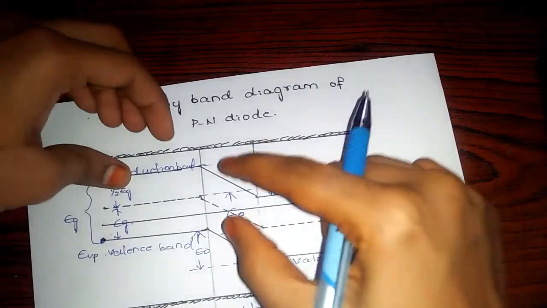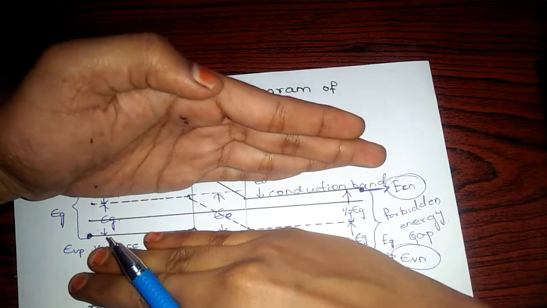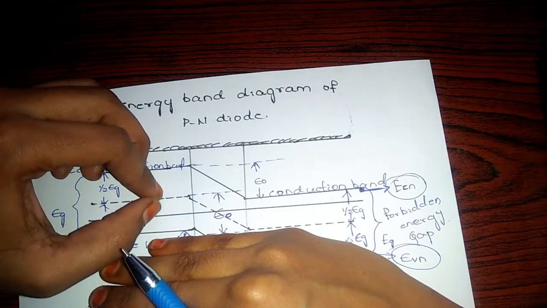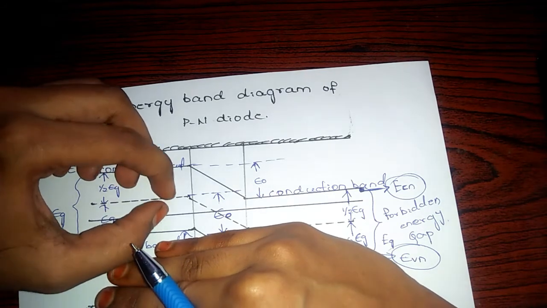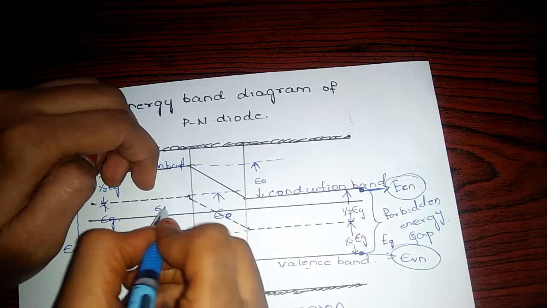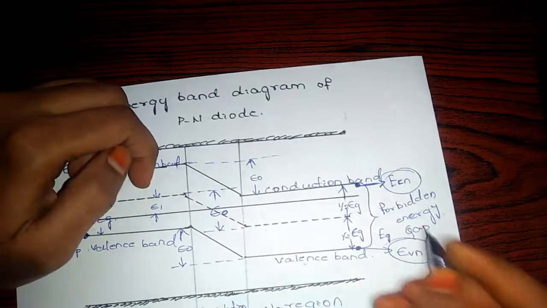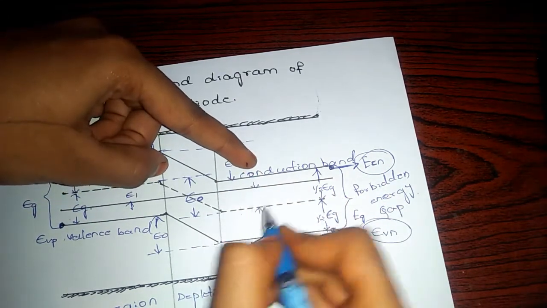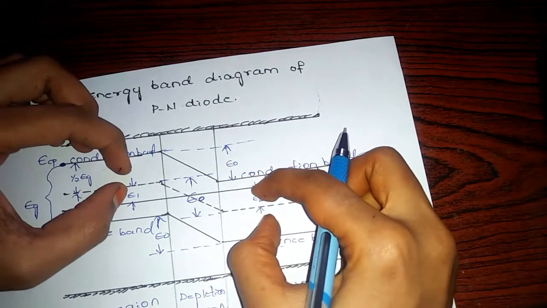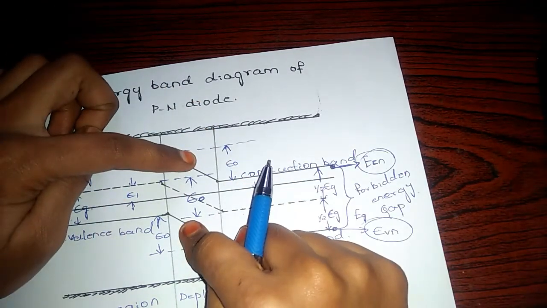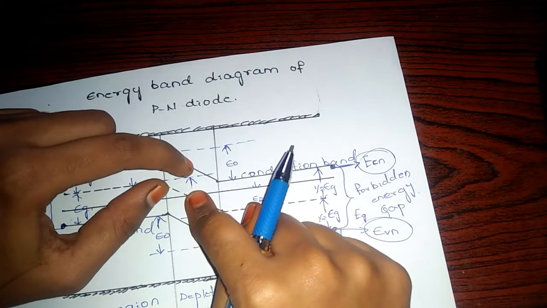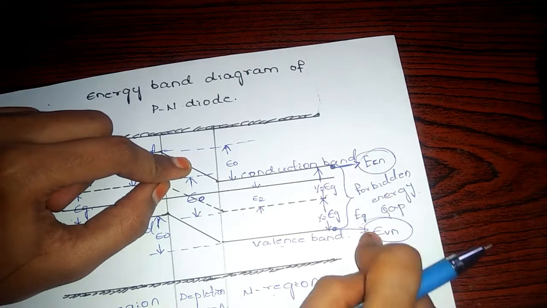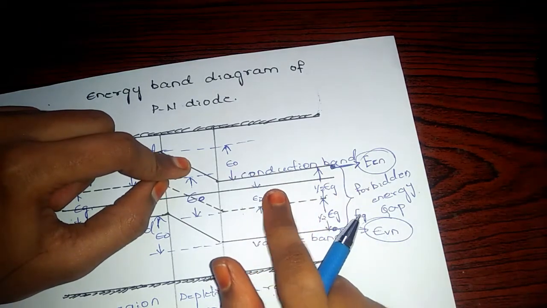If you see here, you can represent the center line to the Fermi level as E1, and here the center line to the Fermi level as E2, where these combine as E naught. So let's derive the equation for this E naught in terms of the notations of all the edges and these energy gaps.